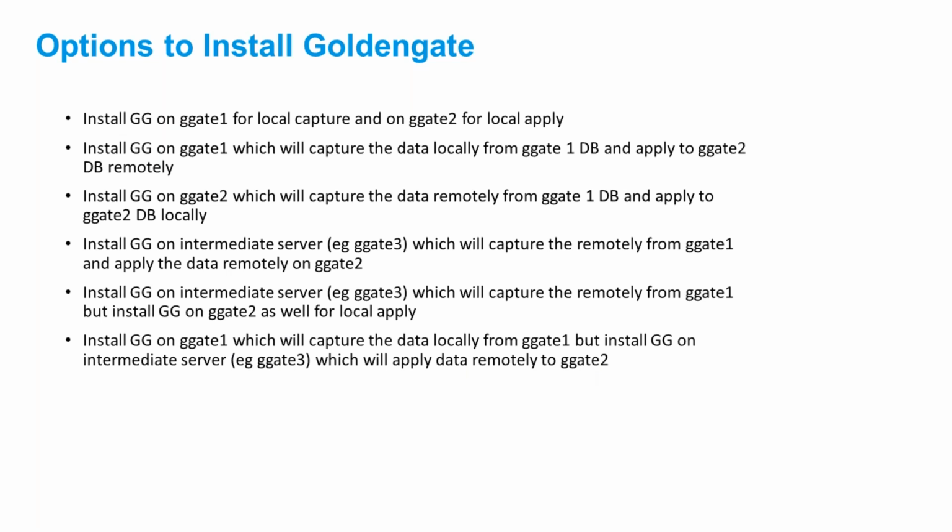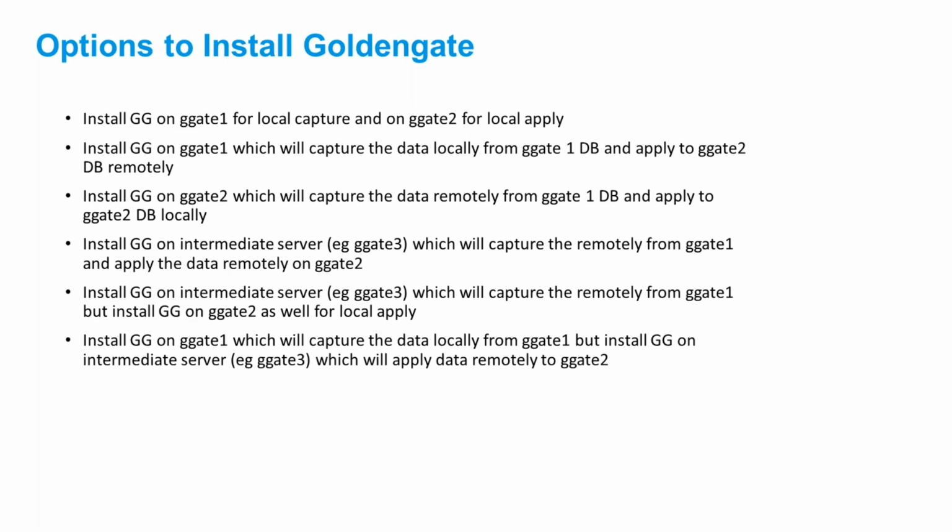See, for Golden Gate, one of the major things related to performance, I'll tell you: design and analyze your Golden Gate properly. Trust me, you will never get performance issues in Golden Gate. Now, one question you may ask is, which one is recommended out of these? Who will answer that for me? Just answer in the chat. Out of the six possible options, if I have to go for the best performance method, which one should I go with?